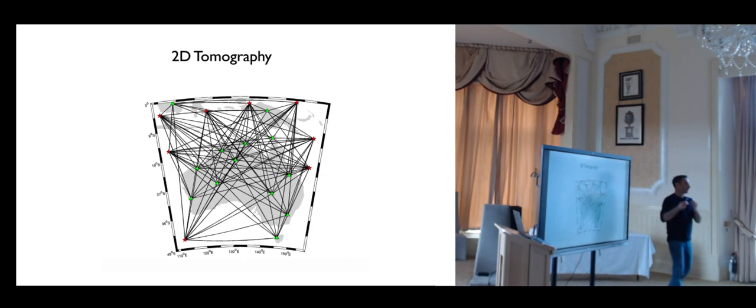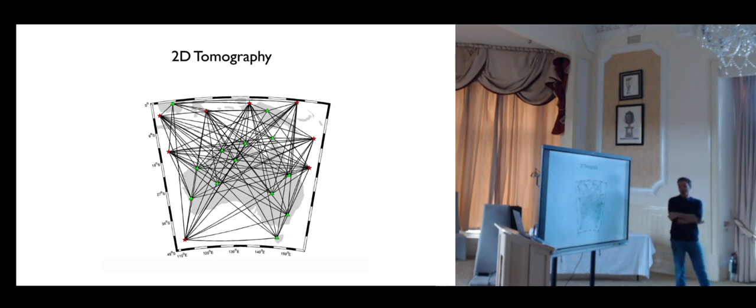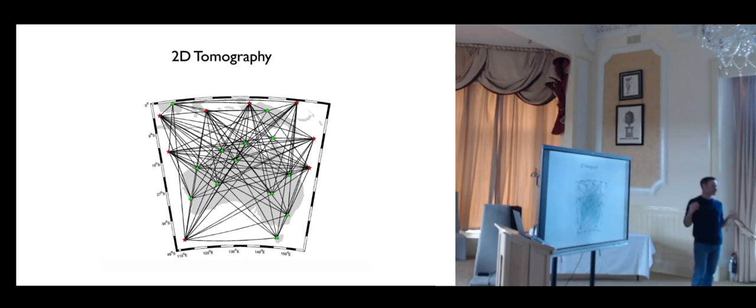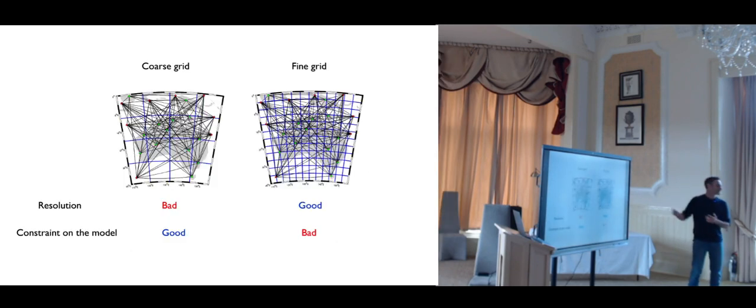So we have a lot of average velocities along rays, and we want to reconstruct a continuous field of local velocity. And we have only a discrete number of average velocities. So there is a problem. We have to discretize this continuous field that we want to recover. We can only recover a discrete set of parameters.